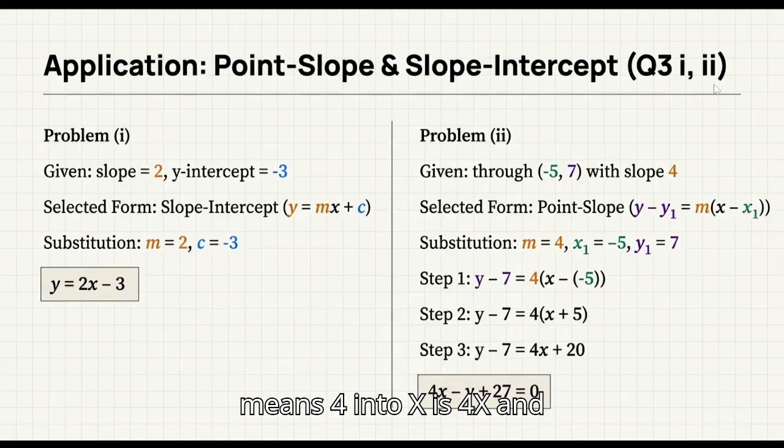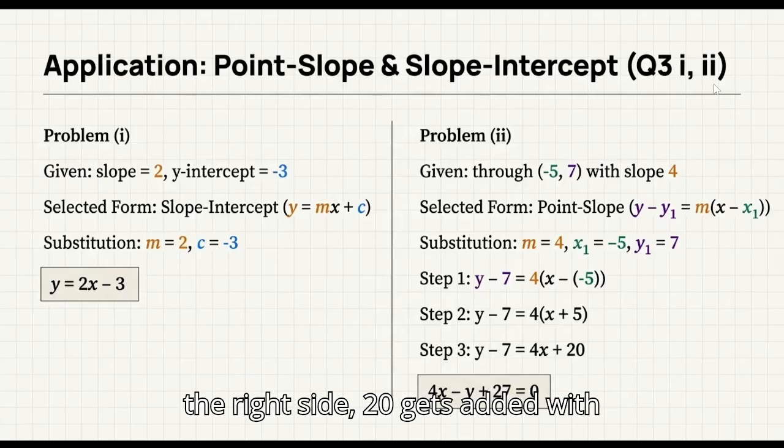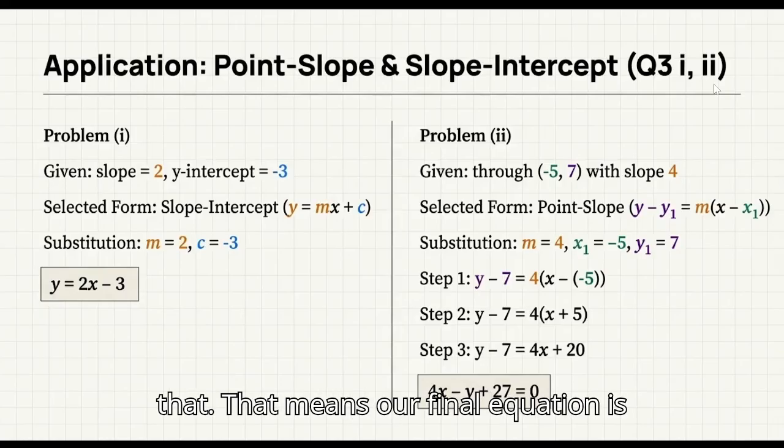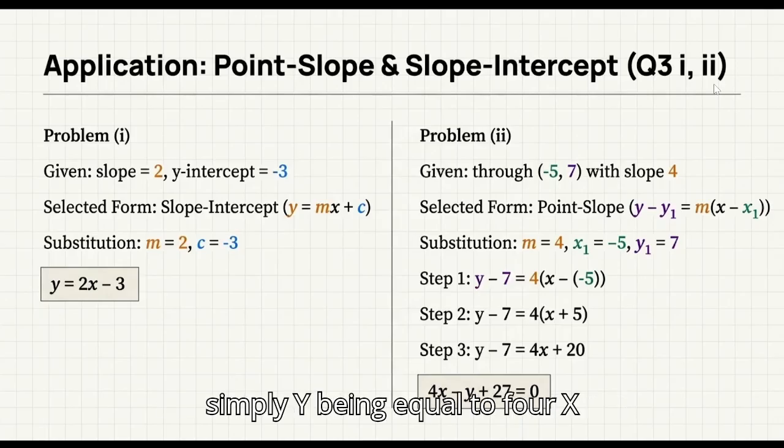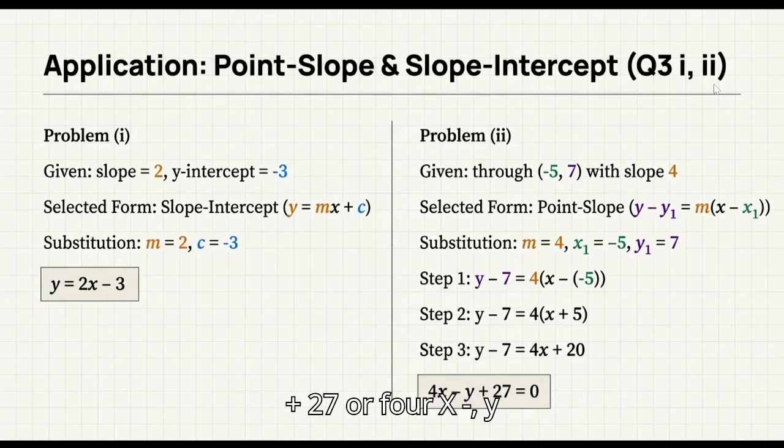That means 4 into x is 4x, and 4 into positive 5 is 20. That means our equation here is y - 7 = 4x + 20. So if we move negative 7 to the right side, 20 gets added with that. That means our final equation is simply y = 4x + 27, or 4x - y + 27